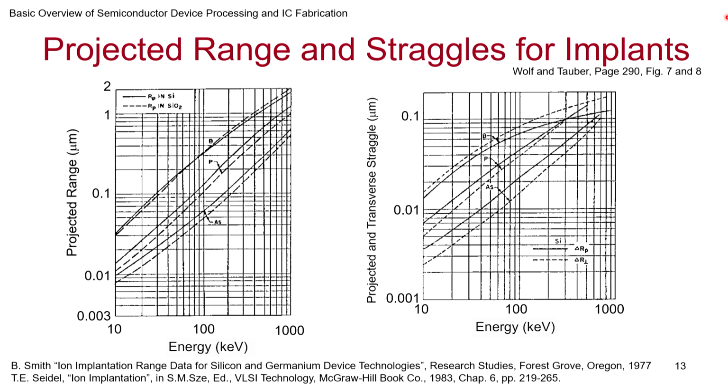So, based on this, that has been plotted, and there is an original plotting, and some people have referred to it in the edited book by Professor Seidel. So, if you look at this, this is the projected range that we get for typical ions that are considered, such as boron ion, phosphorus ion, and arsenic ion, that are usually the dopants that we end up encountering, and this is the straggle that you get for those ions.